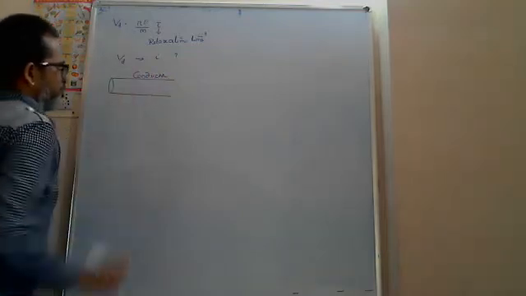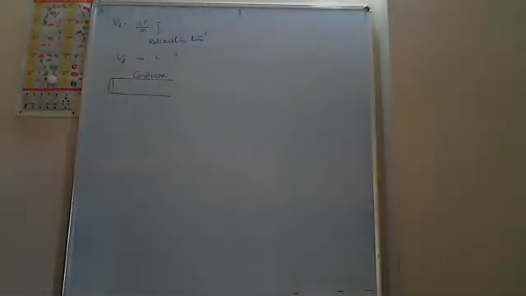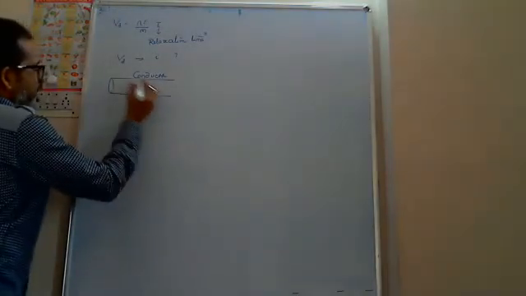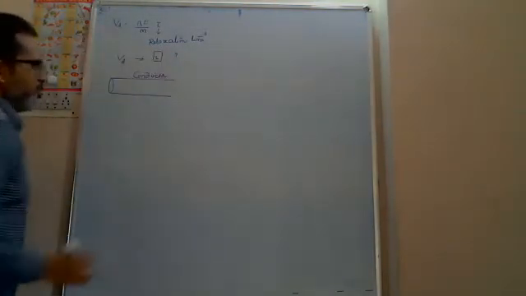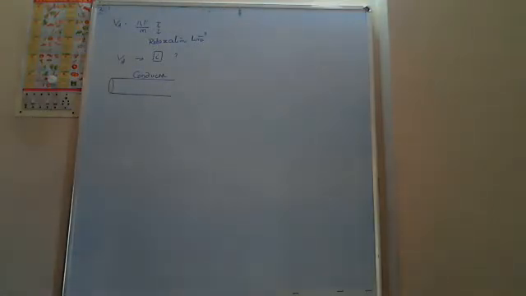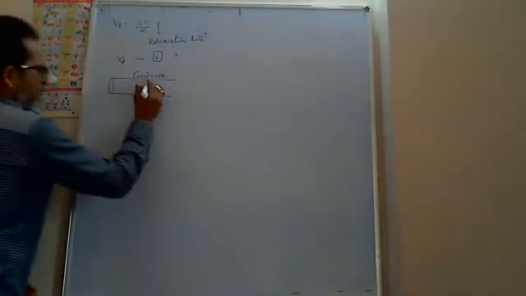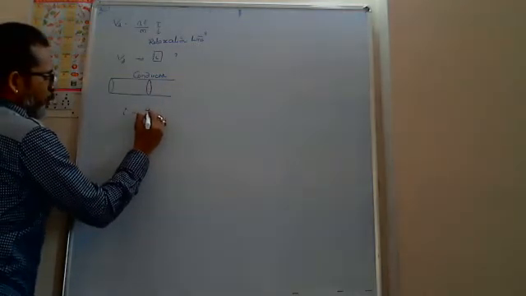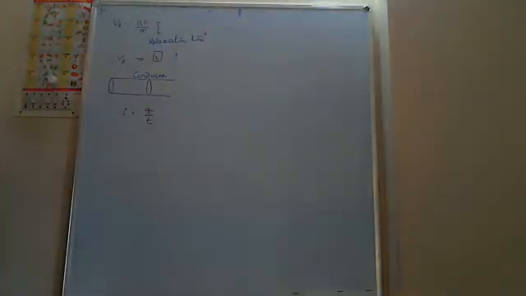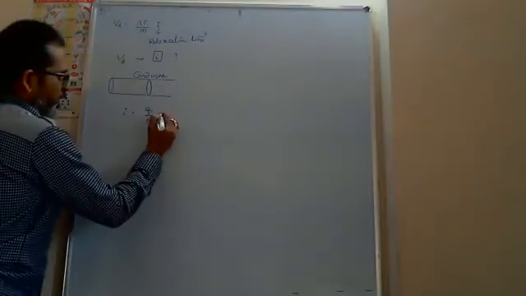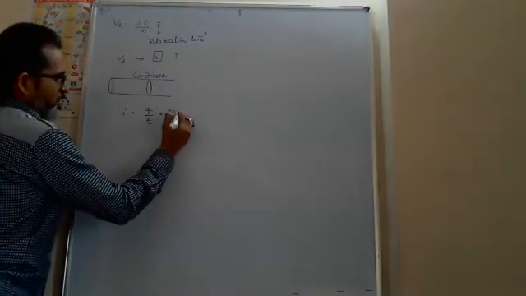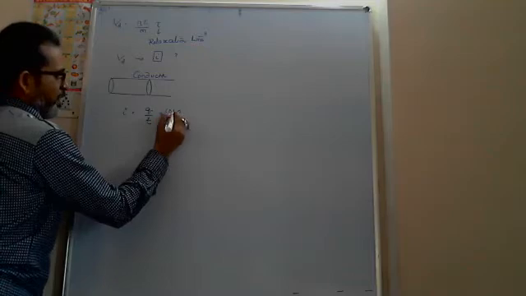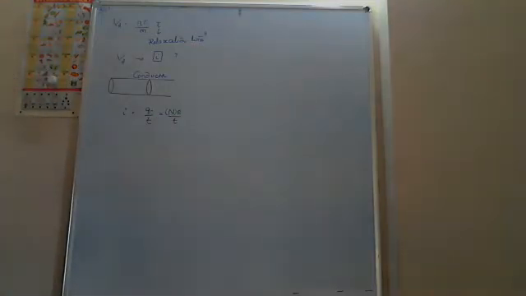Yesterday I wrote clearly, it should be a conductor so that many free electrons will be available there. And due to the flow of those free electrons, you will get the current. That current, while crossing a particular cross section, I is equal to, generally we write Q by T, whatever the charge crossing the particular cross section. And that Q, generally we write as N E, from the charges and fields chapter, where N is the number of electrons.